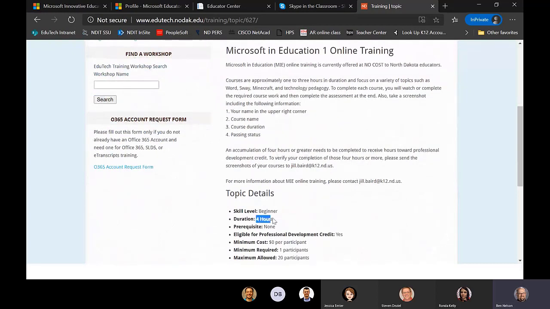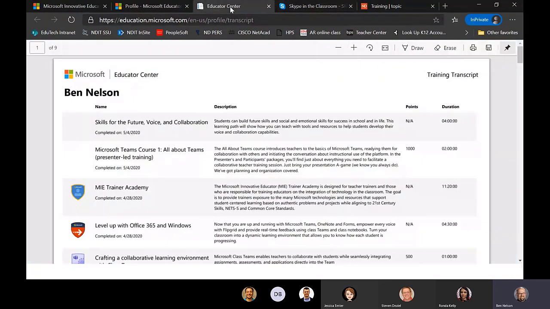This says 4 hours for duration. You can actually turn in, we ask at least 4 hours at a time. But if you wanted to gather that 15 to 16 hours and turn it in all at one time, that would be fine too. What we need is for you to go to this transcript that you received that has